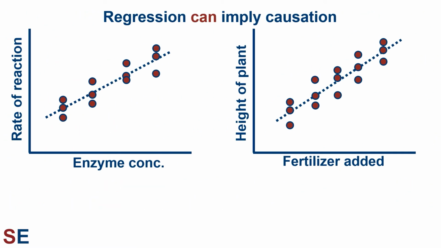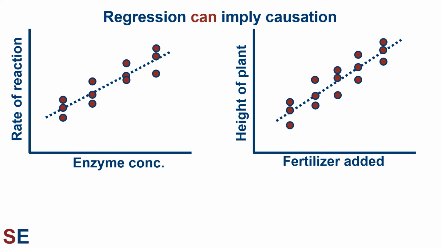In contrast to correlation studies, regression studies can demonstrate causation. Let's take a look at a couple of examples that demonstrate how regression can be used to imply causation. On the left is hypothetical data for the rate of a chemical reaction plotted against concentrations of an enzyme. As more enzyme is added, the rate of the reaction seems to increase. Assuming everything else about the situation is identical, this demonstrates that the enzyme is directly involved in some step of